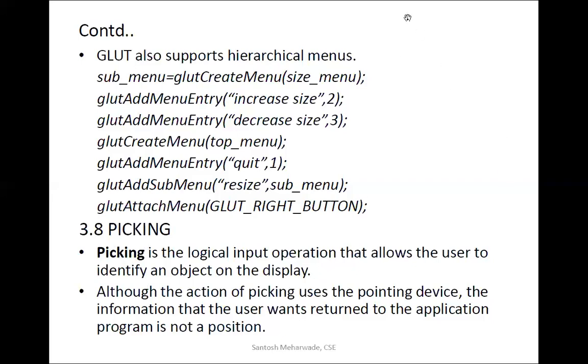On a particular display, so many objects are there. Whenever you click on a particular object, it indicates that I have picked that object. In a simplified way, if you want to know what a picking operation is, in your mobile you have multiple icons. Whenever you click any one of the icons, you are picking that icon. Once you click on that, it is going to pop up. Such kinds of operations we call picking operations.